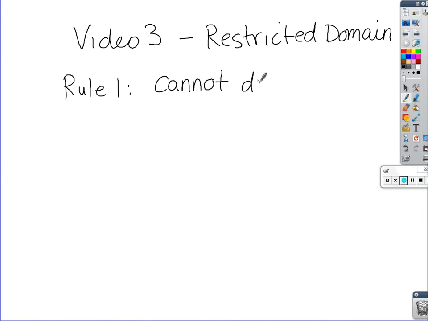Cannot divide by 0. This is impossible in maths. If you try it on the calculator, it will give you an error. Rule 2,